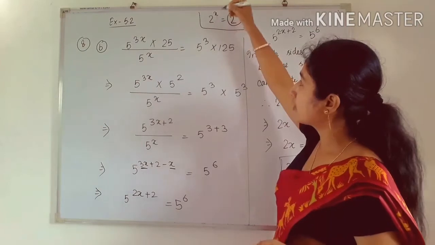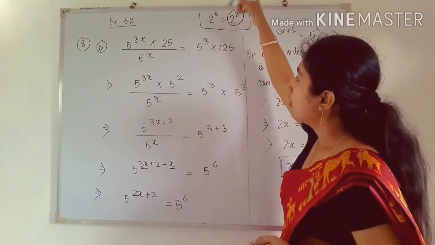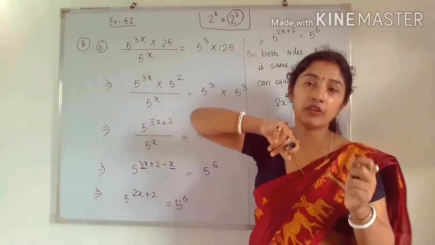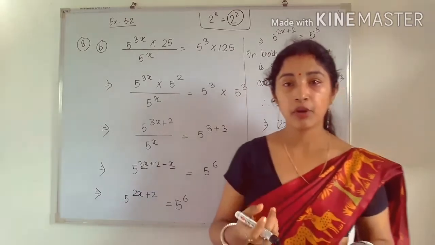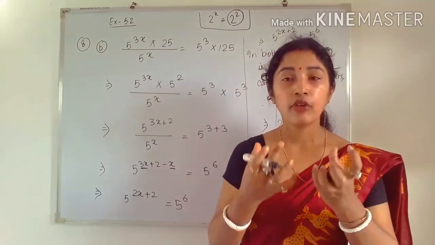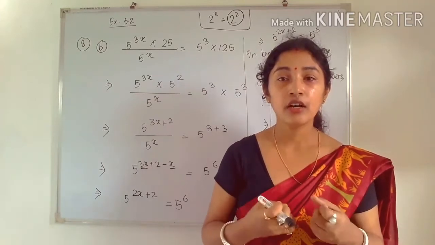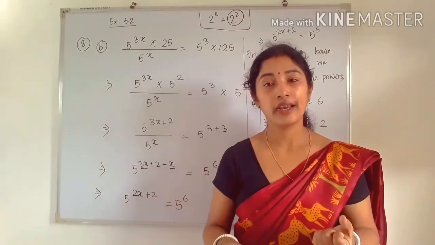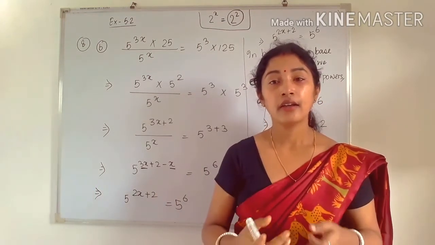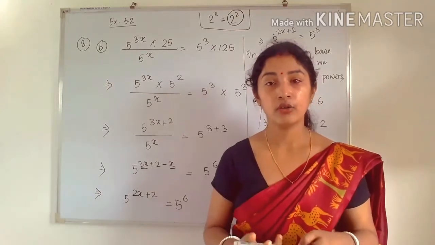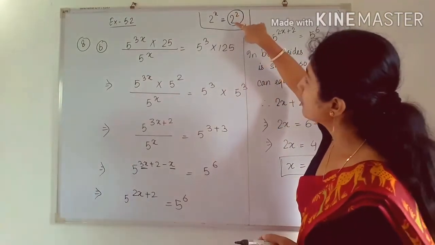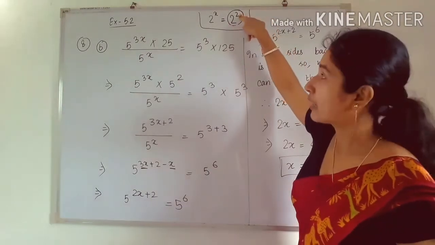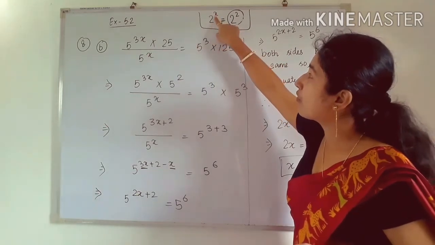So here also, what is given? 2 to the power x is given, and in between them there is a symbol. That symbol is called equal to. What is the meaning of equal to? Equal to means the left hand side part should be equal to the right hand side part. And when the whole number on the left hand side is equal to the whole number on the right hand side, then we can say that left hand side equals right hand side. So here it is given as 2 squared. That means the base is 2 and the power is also 2. That means here also the power will become what?